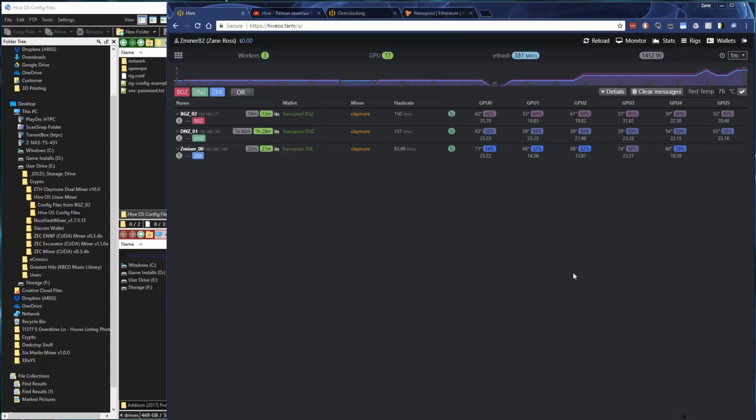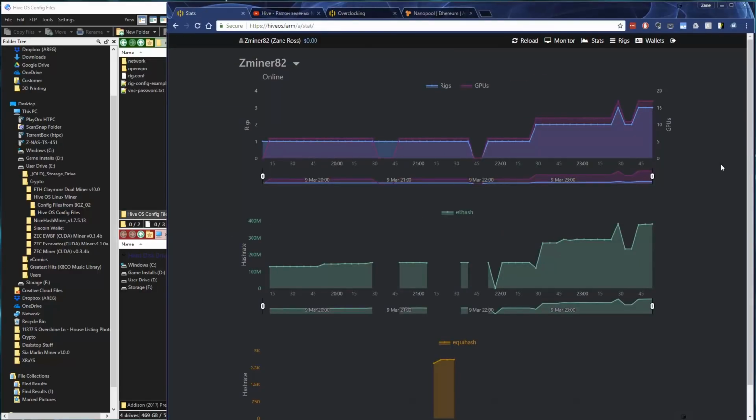So nice little detail at that level. The next thing is, if you go over here to the stats page, it shows you some interesting information here. So basically, this is the overall account showing number of rigs, number of GPUs. Obviously, it's gone up and down when I would turn systems off and test different things or add new systems